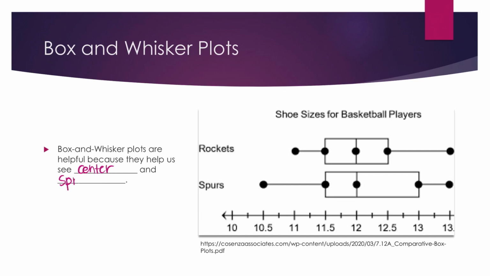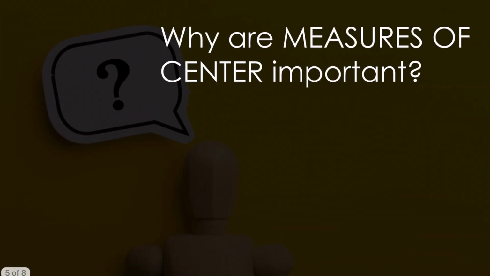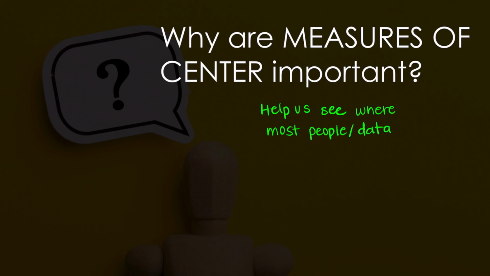and the spread. They help us see where the middle of all of this information is, and then what the spread of all of this information is, because both of them are incredibly important. The measures of center are important because they help us see where most people fall. Where most people or data, I guess, because it doesn't have to be people we're talking about. So it gives us a middle ground,